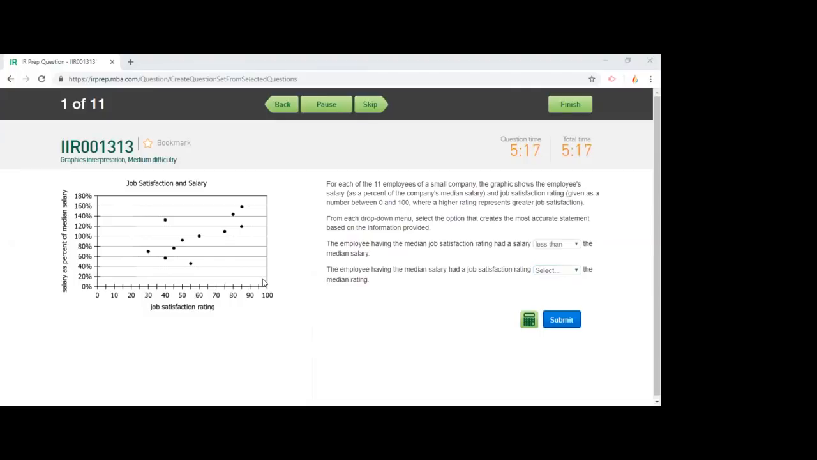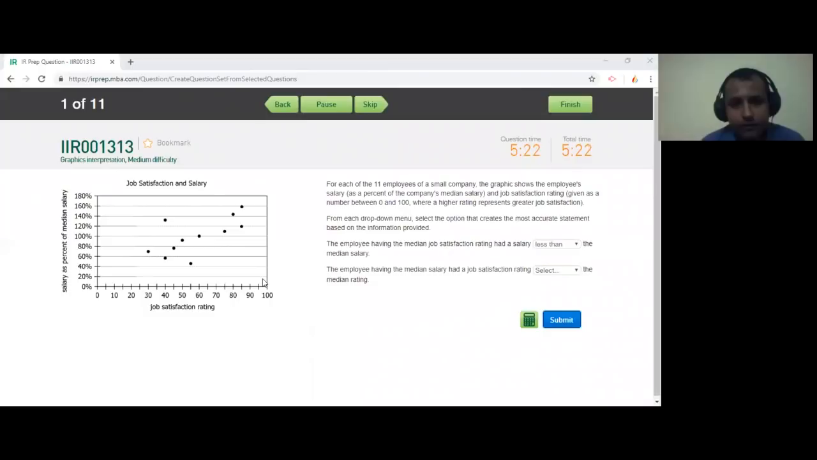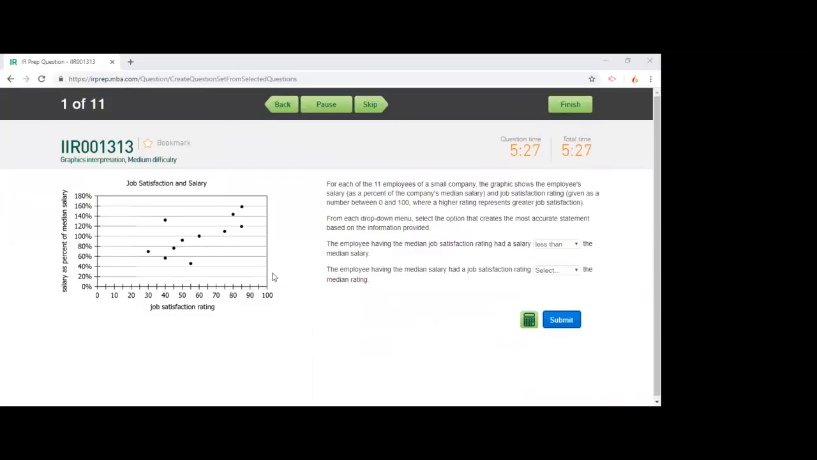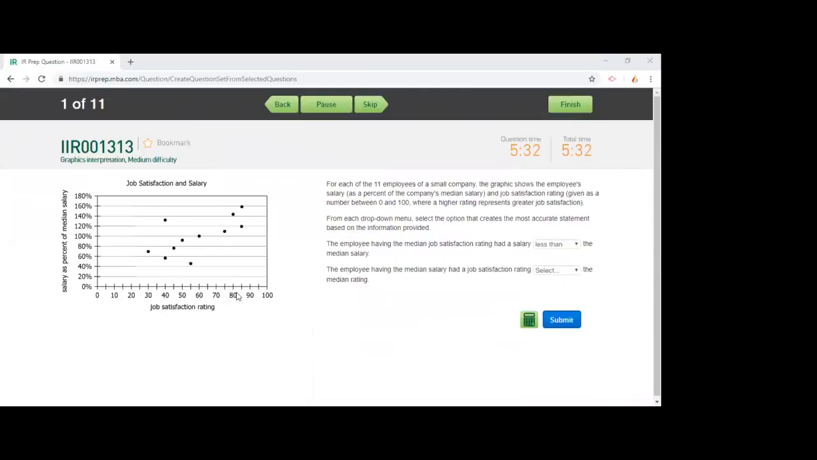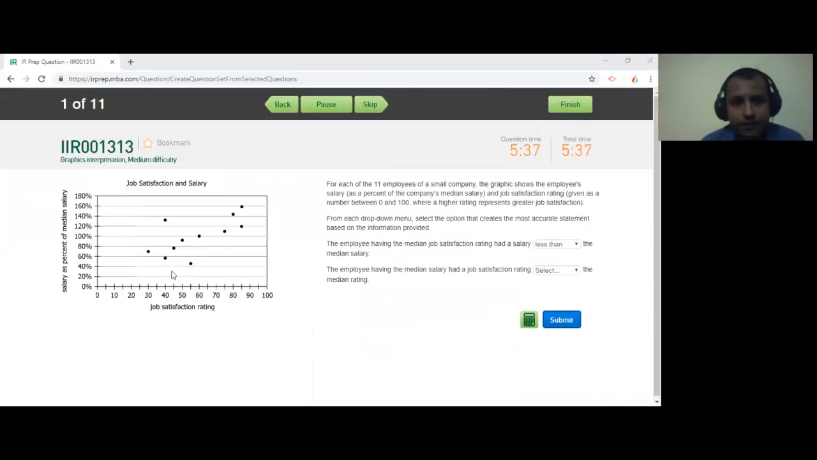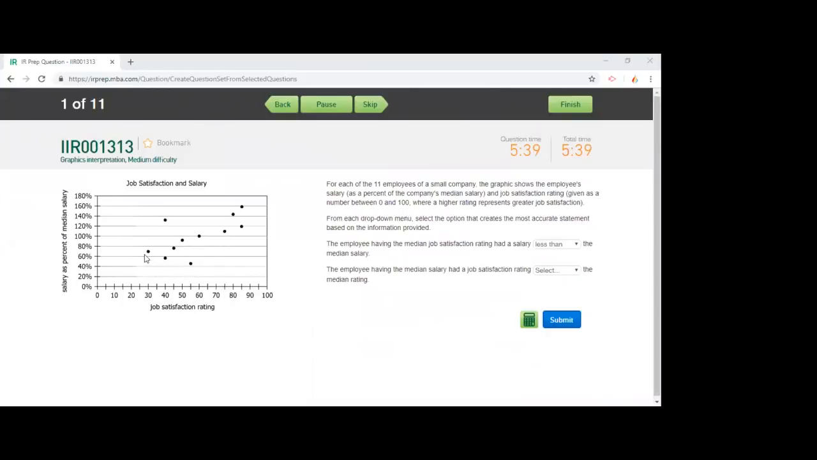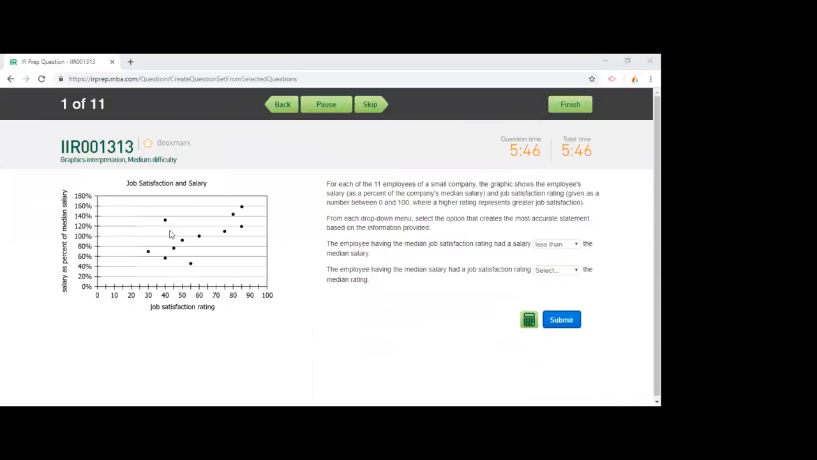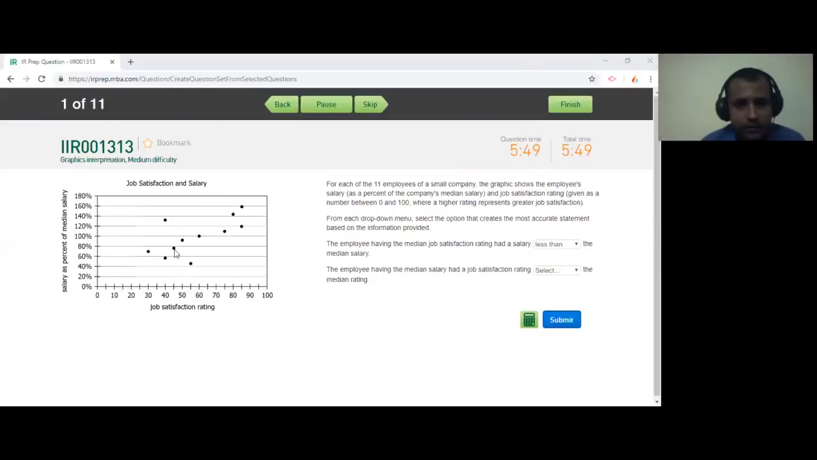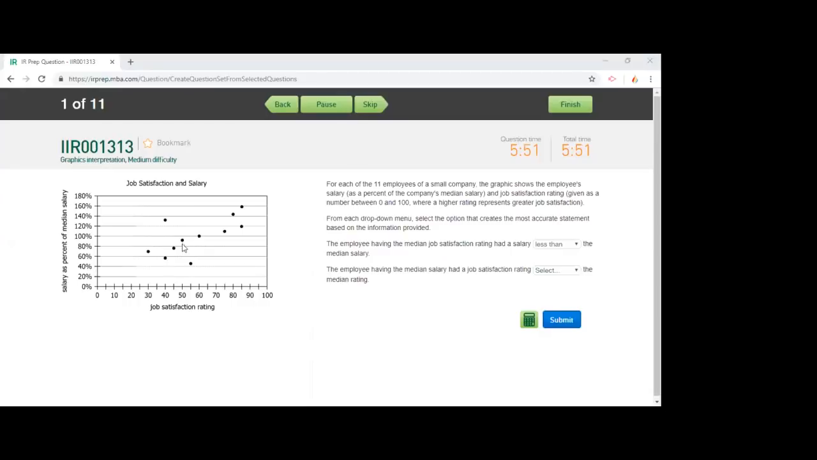Yes, hi, good evening. So, if you look at the graph, what I could see was when we are seeing the job satisfaction rating, we have to see via the x-axis. And since there are 11 entries, the sixth one will be the median entry. The first one is at 30, the second and the third one are at 40, tied up over there. The fourth one is at 45, the fifth one is at 50, and finally the sixth one is